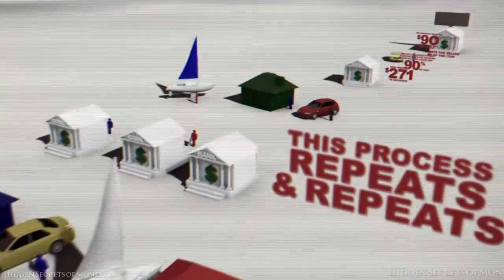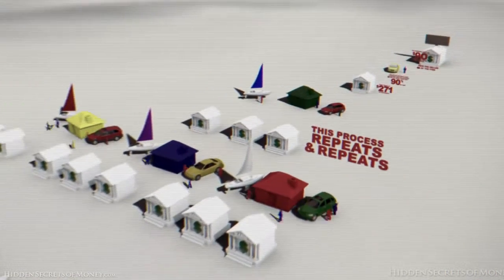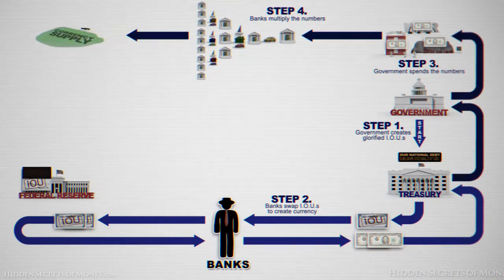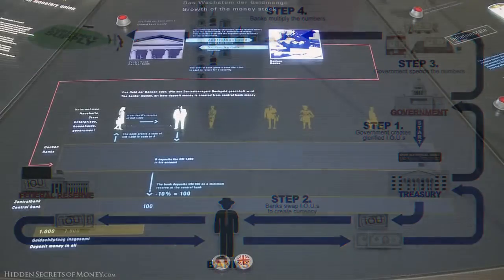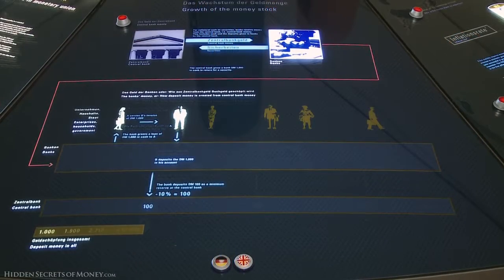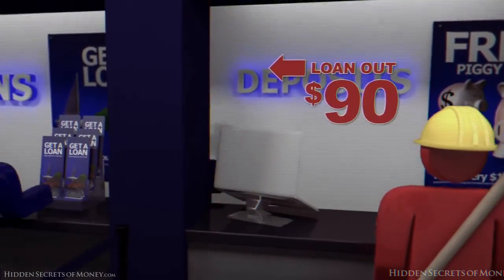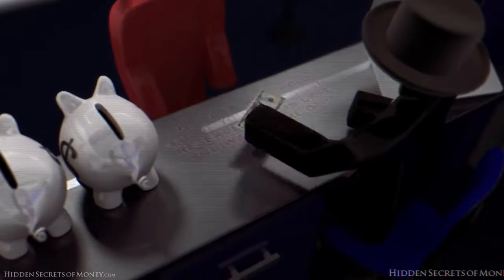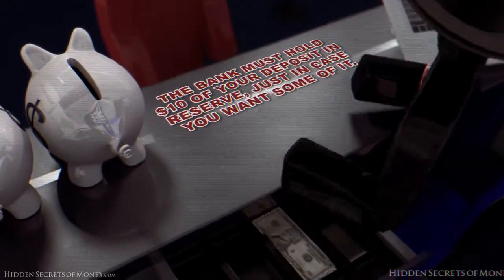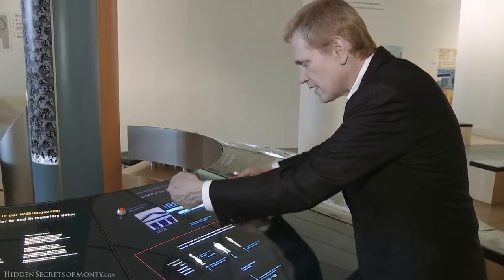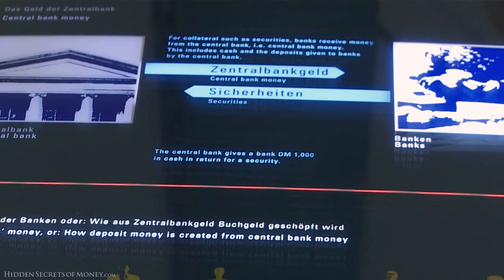So we learned in episode 4 that modern currency creation is a complete scam, but a whole lot of people had trouble believing that it could be true. The European Central Bank has this awesome display that shows you exactly how it's done, and it's basically the same as our episode 4. So here's a quick recap thanks to the ECB. Basically, the central bank and the treasury swap IOUs.